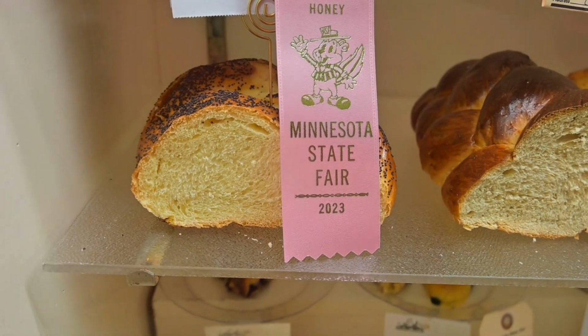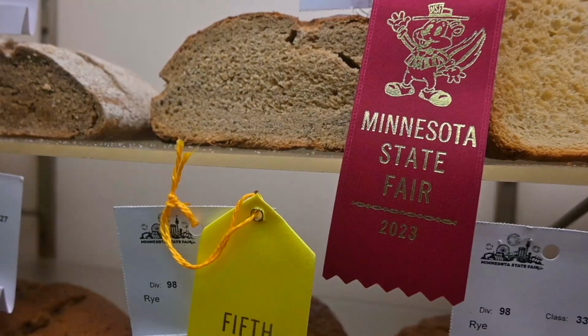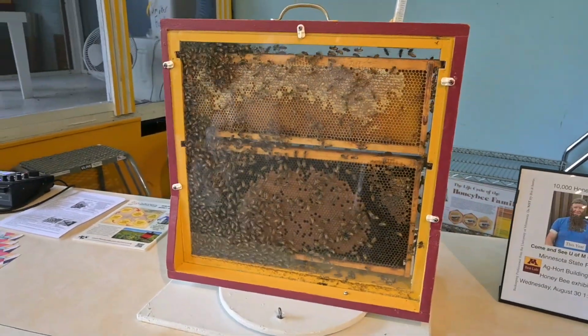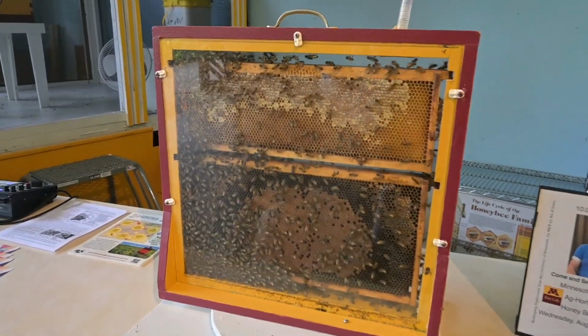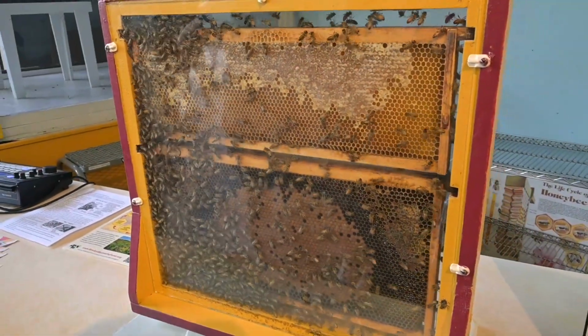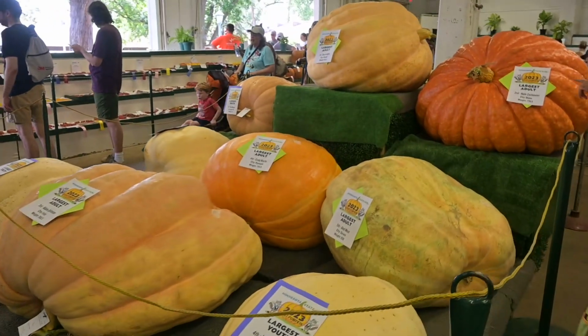So that's my dad's 4th place for his challah in bee and honey, and there's a 2nd place for his rye. Something that's kind of interesting about the honey and bee area is they have a lot of live bees where you can see how they operate honeycombs and everything. We're going to walk into the vegetable area